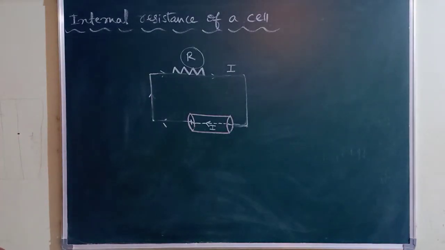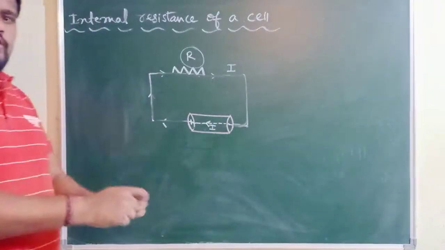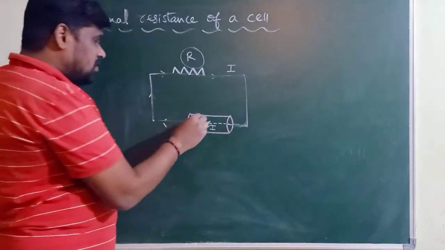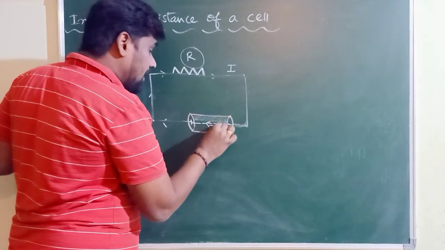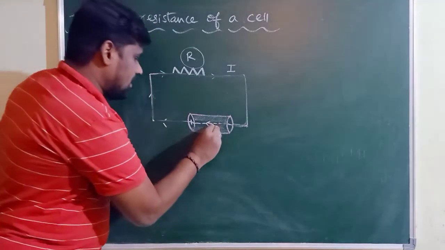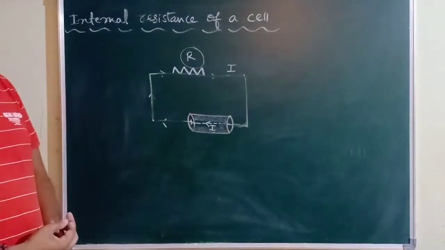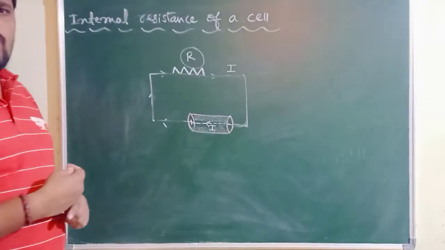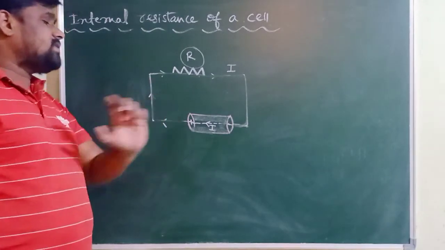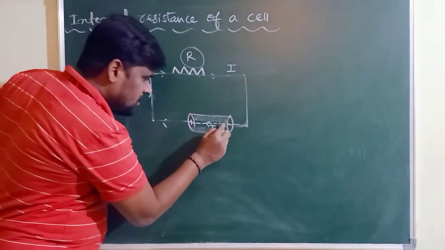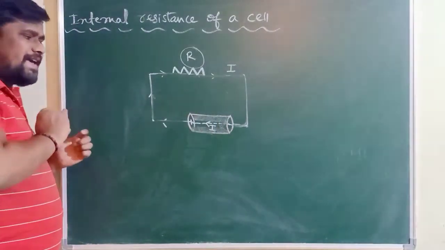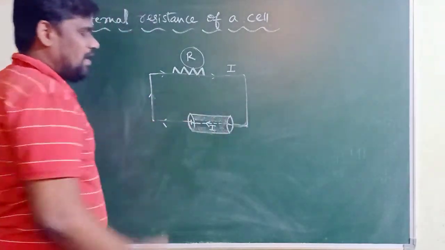Here the question arises, what happens when the current starts flowing inside the cell? Definitely the cell is not empty here. The cell consists of some electrolyte material, some electrolytic substance. That electrolytic substance may be in solid form or the electrolyte may be in liquid form. Generally there exists some electrolyte inside the cell. Definitely when the current starts flowing inside the cell, that electrolyte of the cell is going to exert some opposition for the flow of electric current.